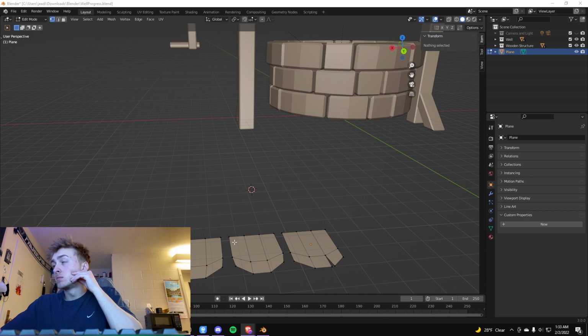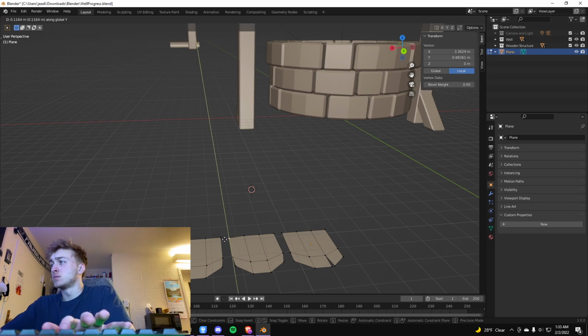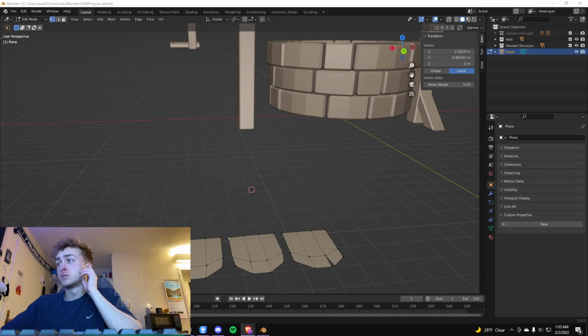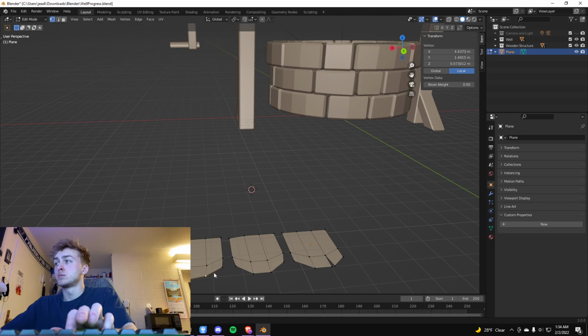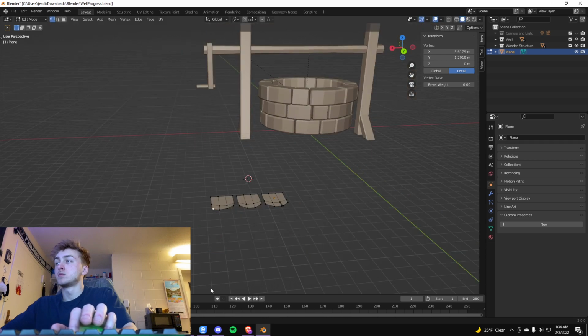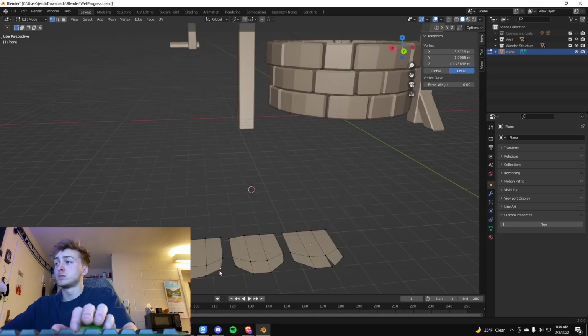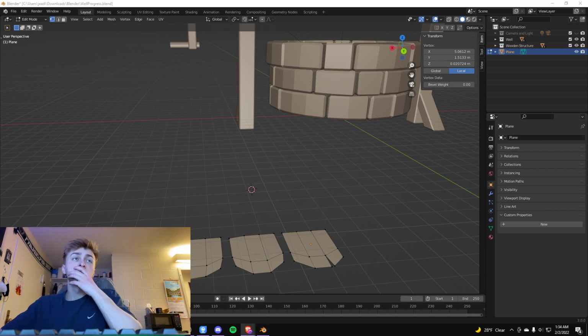So they're a little less uniform. So if I want to solidify these, I could use the solidify modifier over here. And you can see the thickness being created there. I don't actually want to do that, so I'm going to just close that down, because it's actually easier to